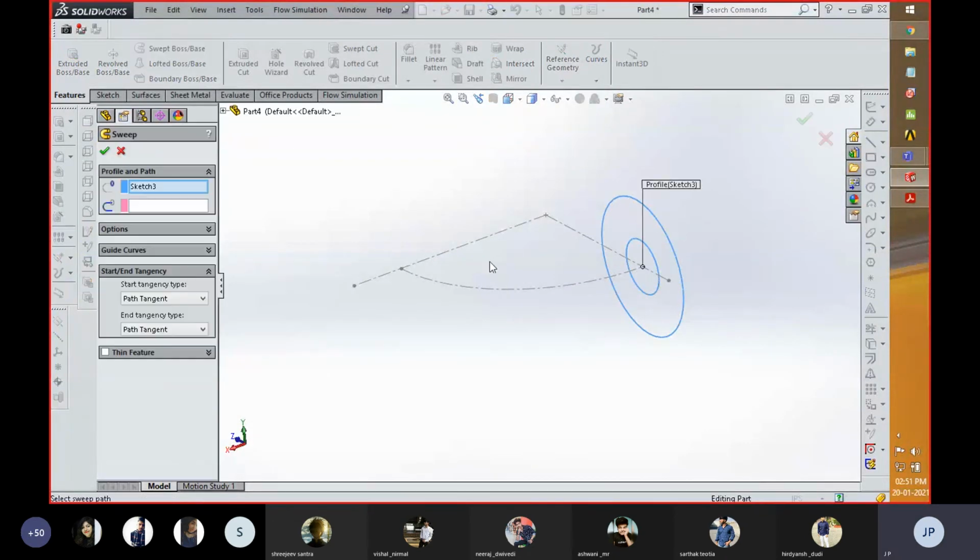Okay, so that can be done in such a manner. Actually, this path should be created in the same sketch.